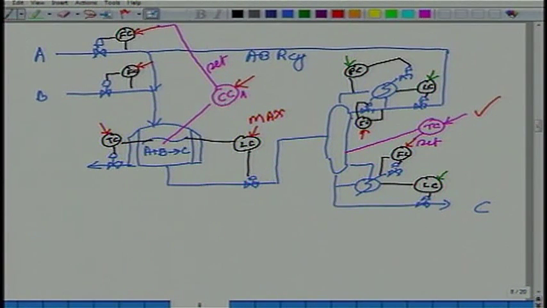Yeah, the set point to the level controller for the CSTR would be what? Max. So I know how to set the level. What about temperature? Let us say there are no side reactions, very simple case, no side reactions. How would you set the temperature? Any value? Design value?